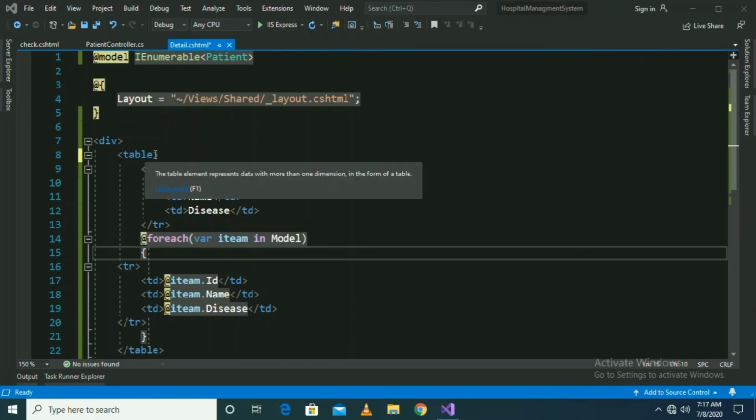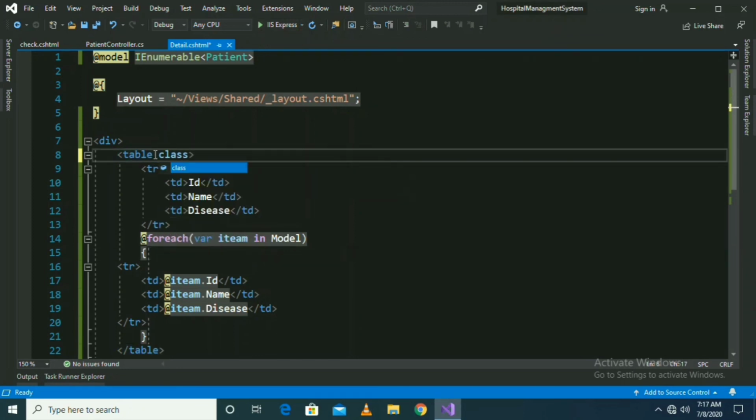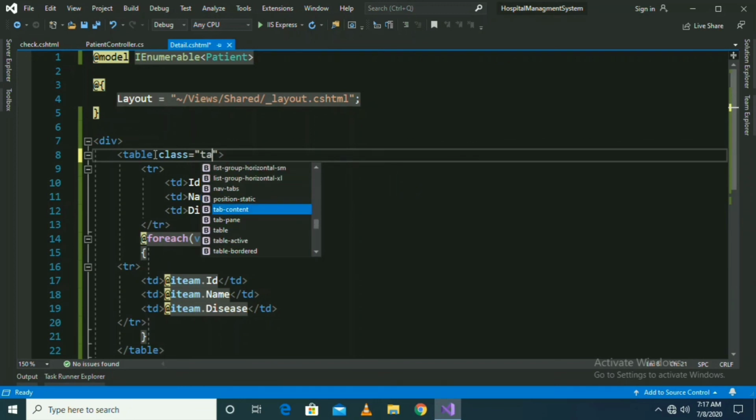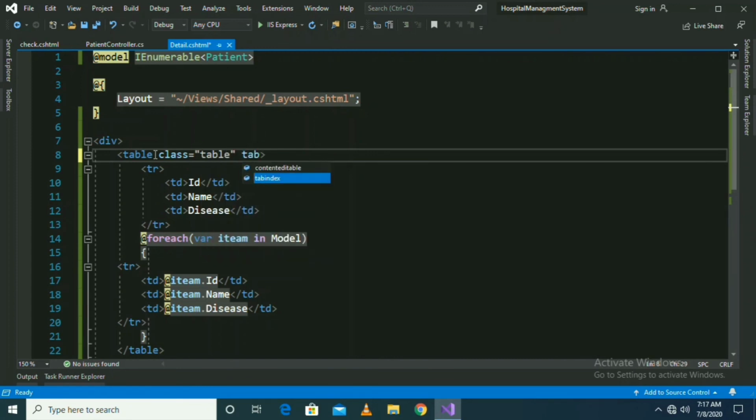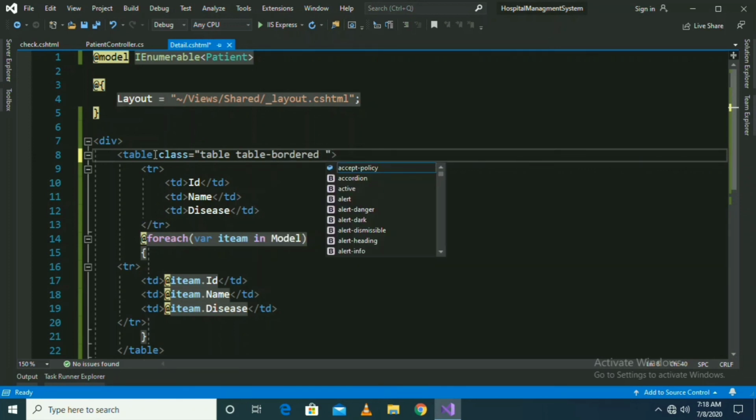One more thing before executing, let us put some bootstrap classes: table, table-bordered, and table-striped.